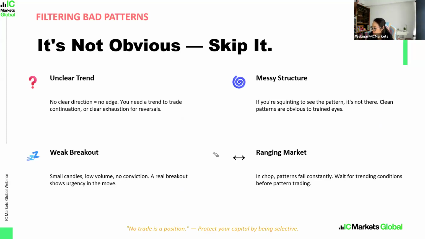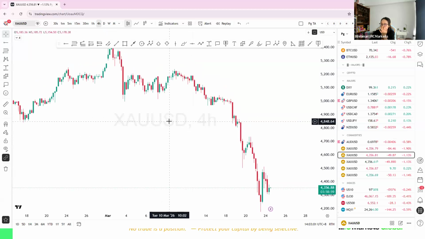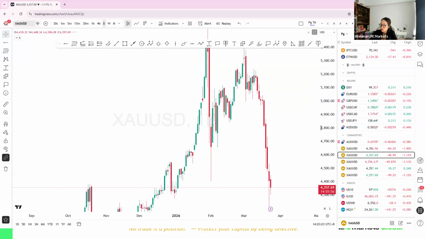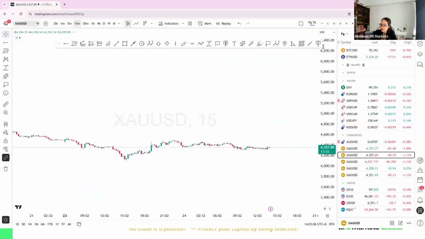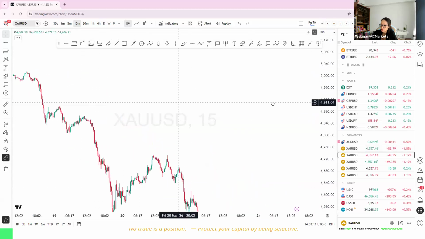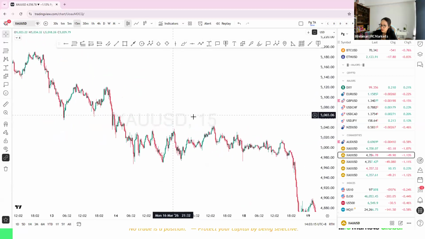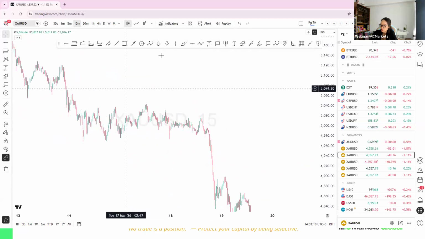Weak breakout close in a ranging market. In short, in a ranging market, patterns fail constantly, so wait for trending conditions before pattern trading. Okay, if you love to trade the range market, like I myself, I'm going to tell you the strategy. So basically what you need to do, you draw the pattern, like a sideways market, from the body to the body of the candle. And then you wait for the body to close above the